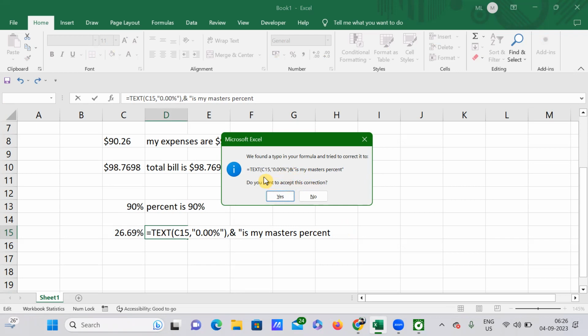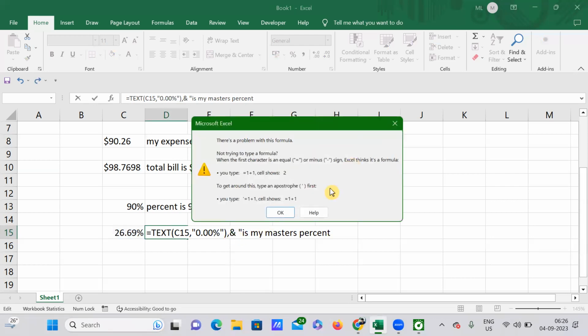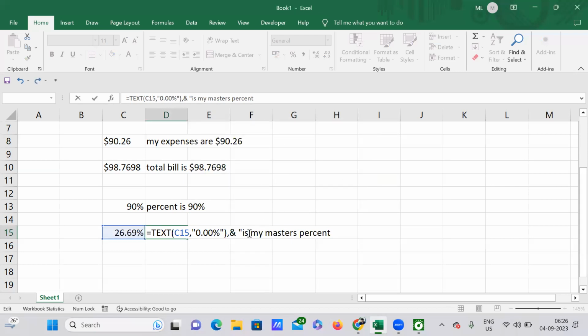What is it showing? Text of C15 comma 0.00%. Oh, okay. Here we should not place a comma here. If I press enter,